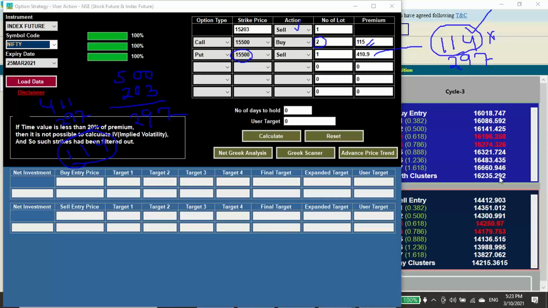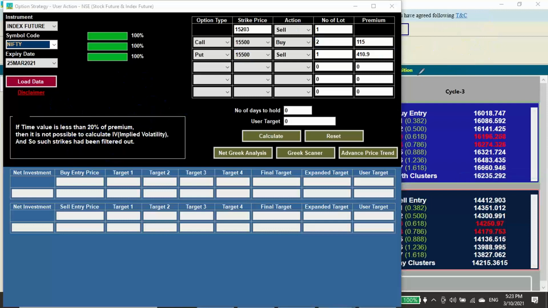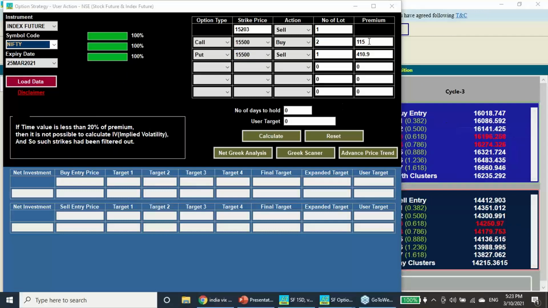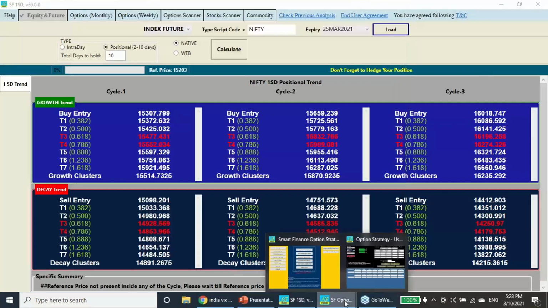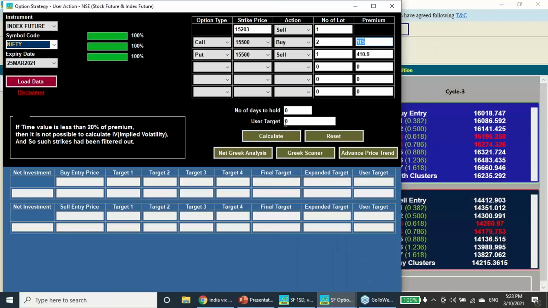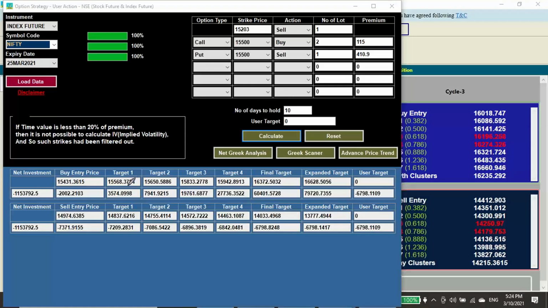So this particular strategy, if you initiate, what will be your payoff? Instead of buying just one call option at 115 rupees, I am buying two lots of call option, selling a future, and selling a 15,500 put option, one lot. So I have two call options. Suppose I am just holding for the same 10 days period and calculating this value, and in between we have found that we are going to a level of